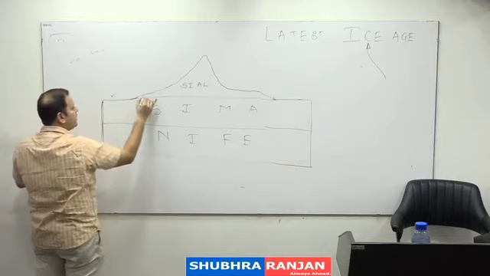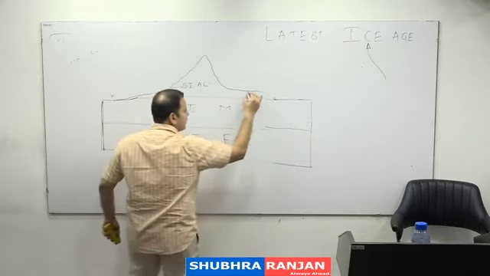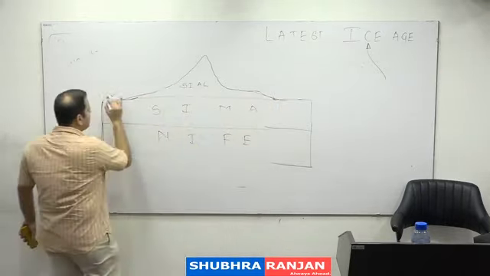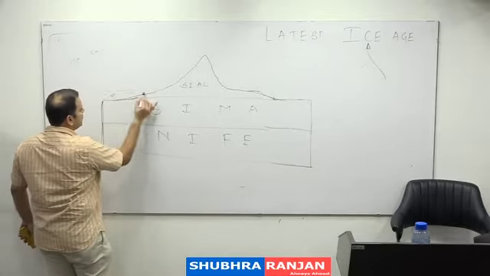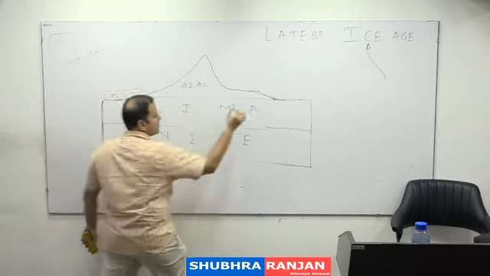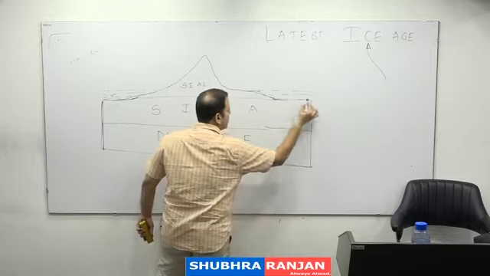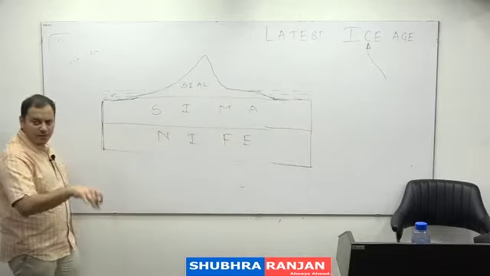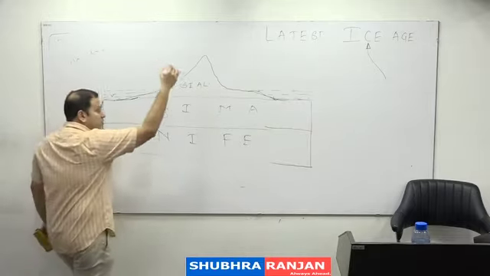Sials are what? Can I say continents or the continental crust? What is Sima? Sima is an oceanic crust. ये अगर water है, this is an ocean, so it is an oceanic crust. And what is Nife? The innermost part of the earth. So Sial,